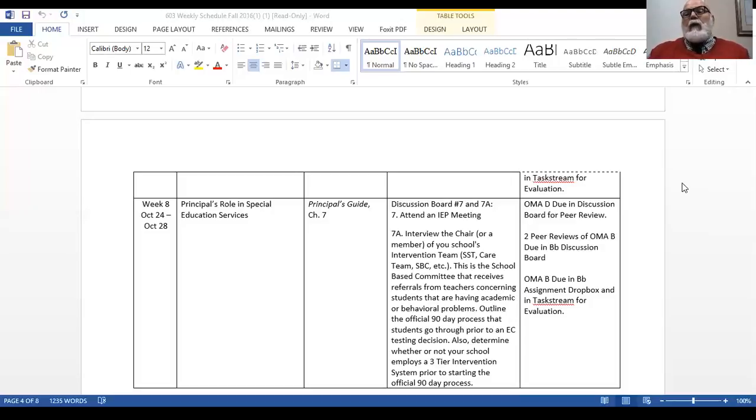Please remember when you do OMAC that there are more special programs than just exceptional children's. When you're doing OMAC, when you're doing assessing special populations, please remember that those special populations include not only exceptional children, EC 504, but also intervention students, the ones that are referred to the process. They're a special population. Academically gifted, as well as limited English proficient or ESL, along with Title I if you have that at your school. So those are the populations that you should assess.